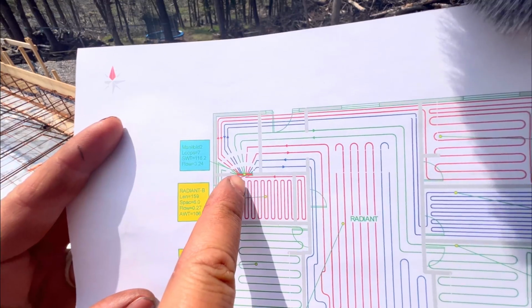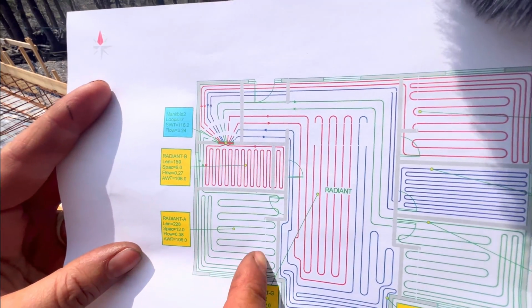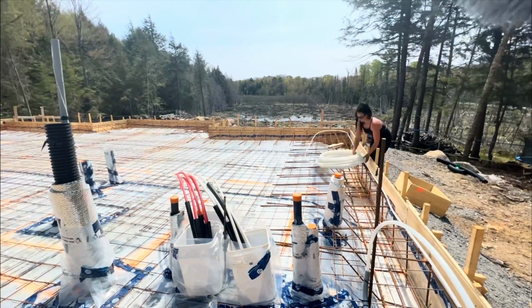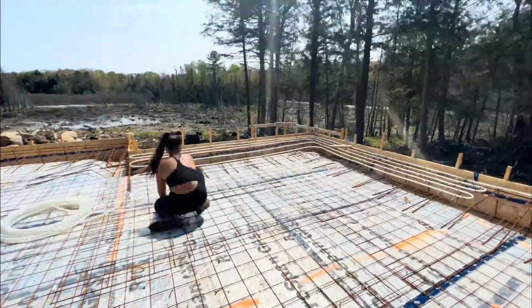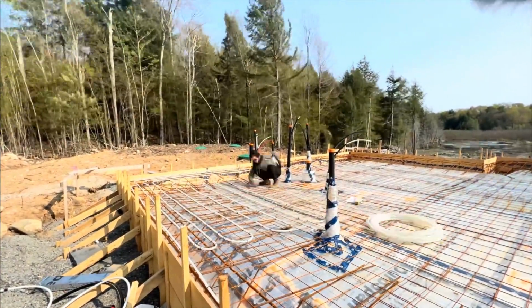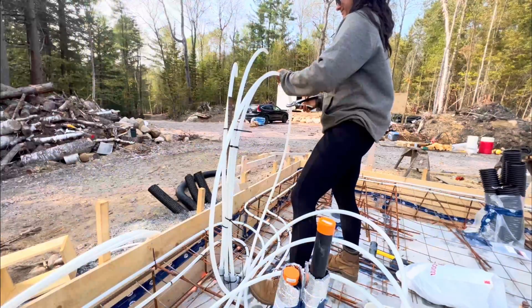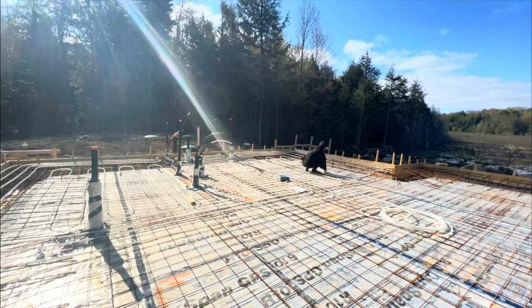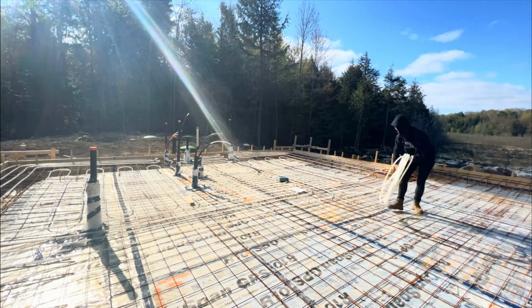The designers spaced my in-floor heating tubes 6 inches apart around the perimeter of the house where heat loss is the greatest, and in the interior they were 12 inches apart. Each room has its own dedicated loop where I can adjust the manifold to reduce or increase the amount of liquid running through to make each room its own temperature. The in-floor heating materials and manifolds came to